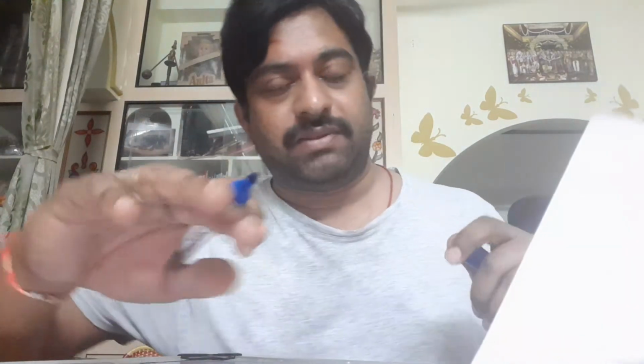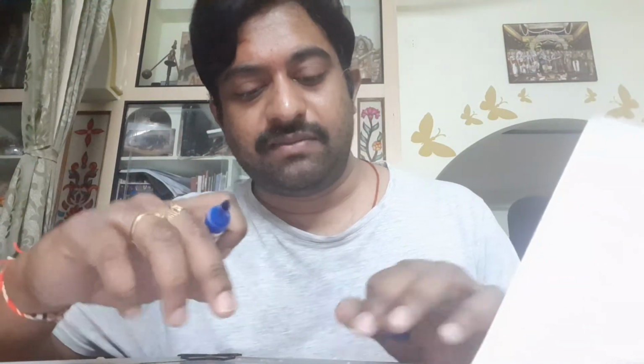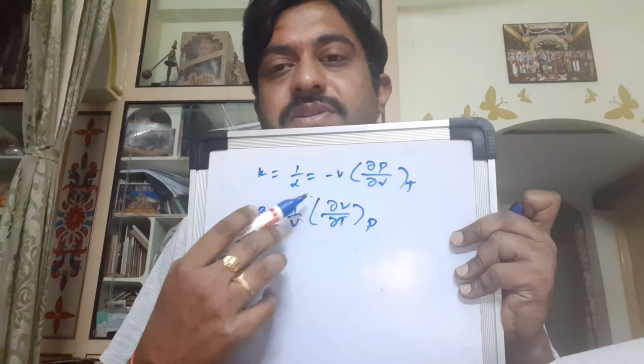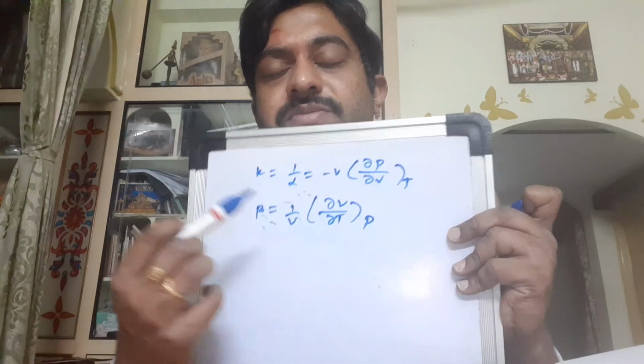So, sorry for that one, please bear in mind I am changing only beta and alpha. The equations are the same, right? The first one is isothermal compressibility itself, the second one is the coefficient of thermal expansion itself. So this is isothermal compressibility, the same thing, compressibility, and this is the coefficient of thermal expansion.